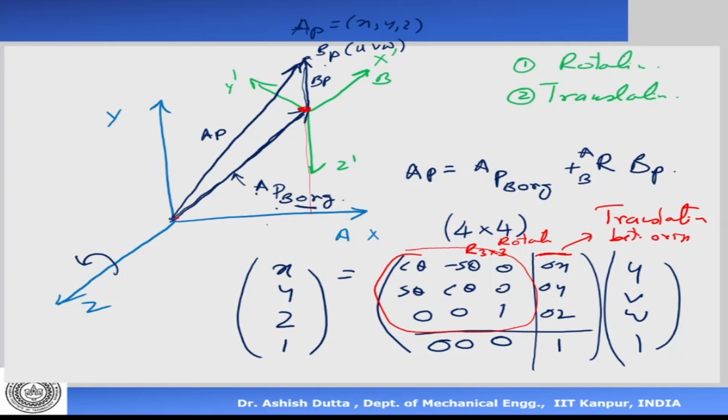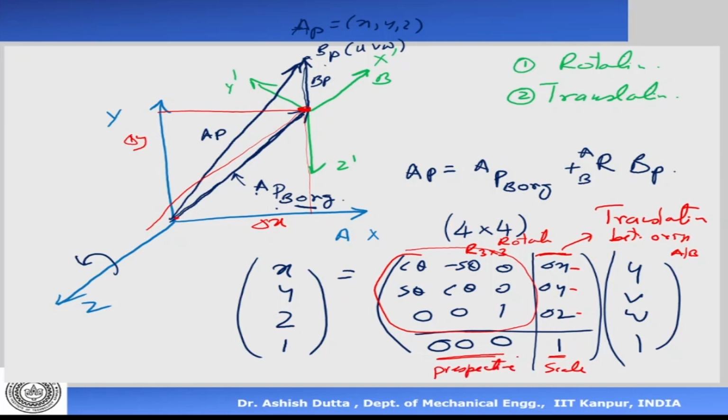So this is my del x, that is my del y, and del z is in the z direction. This is the meaning of del x, del y, and del z. It means the distance between the origins of the frames A and B, the translation between origins of A and B. This part is always 0, 0, 0, and this is always 1. This is called scale, and this is called perspective.